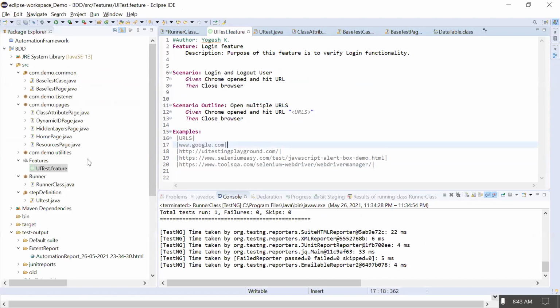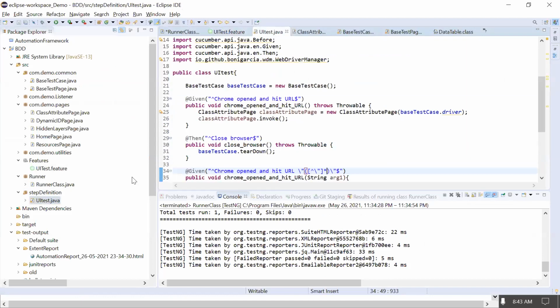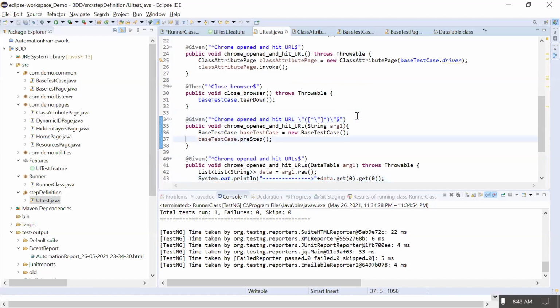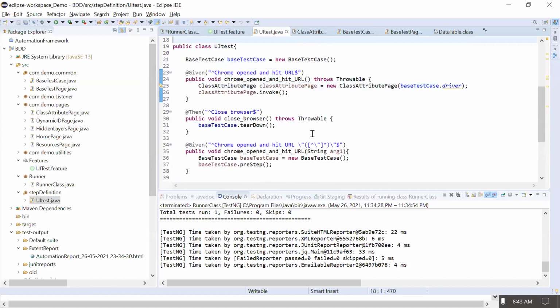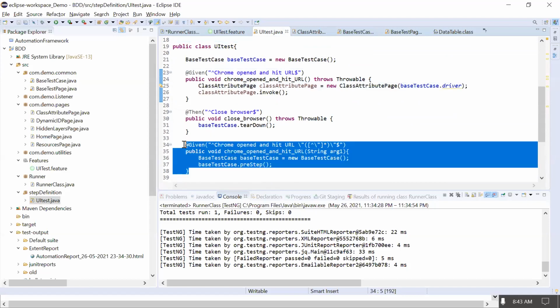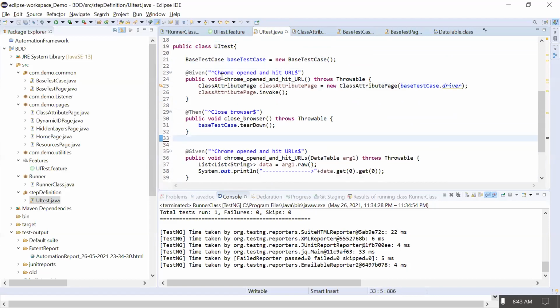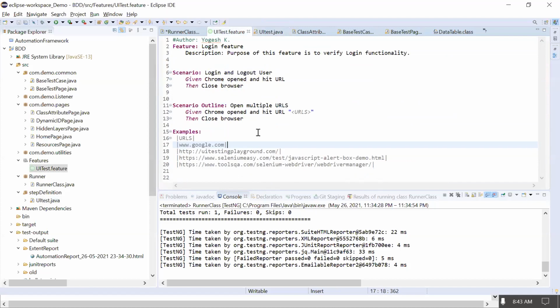So I'll go to the script UI test now. I'm deleting the existing code here. Now I have to create a method for this.